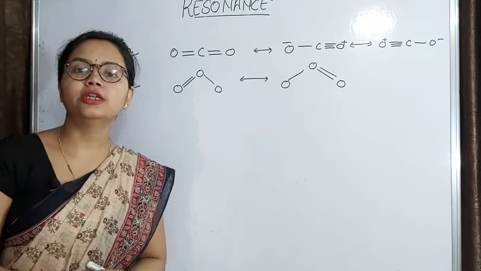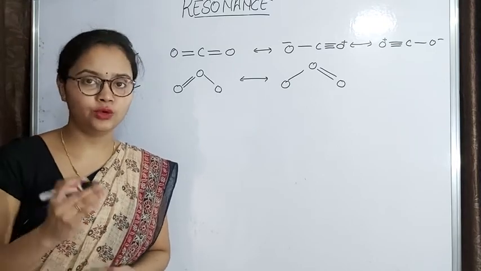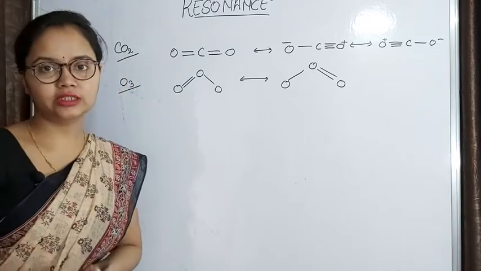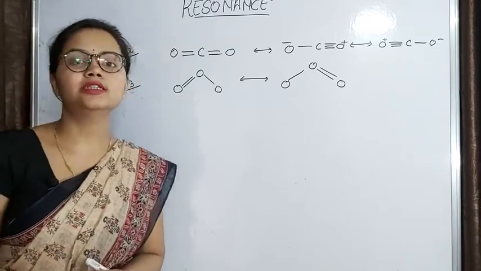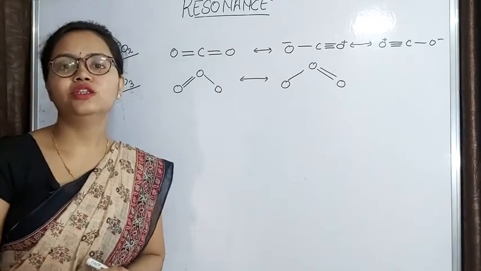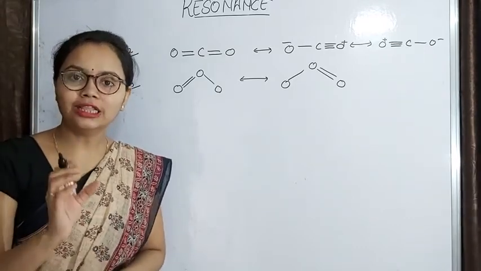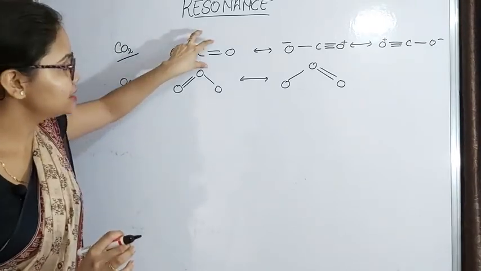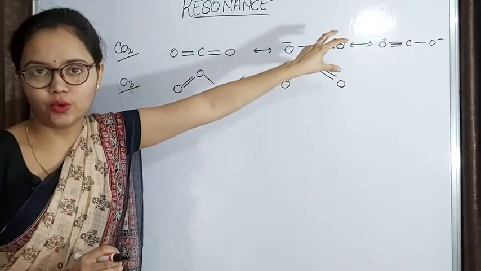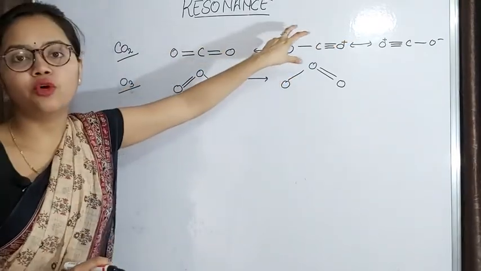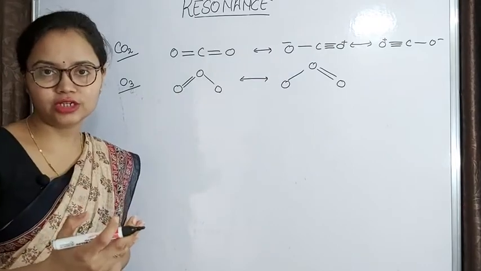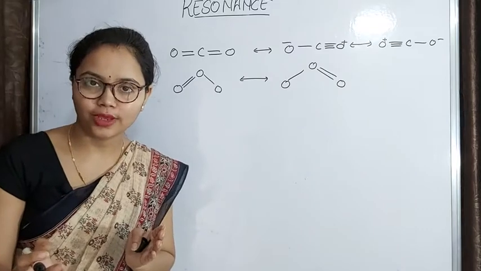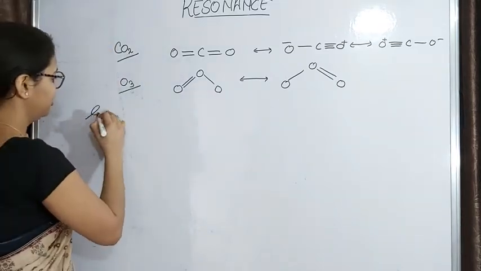Now the question is, why are we using more than one Lewis bond structure? For a single molecule we could draw only one structure as well. The reason is that sometimes it is not possible to explain all the properties of a particular molecule by drawing only a single Lewis bond structure. So in those cases we have to draw more than one Lewis bond structure to explain the maximum properties of the molecule. Let me explain more.